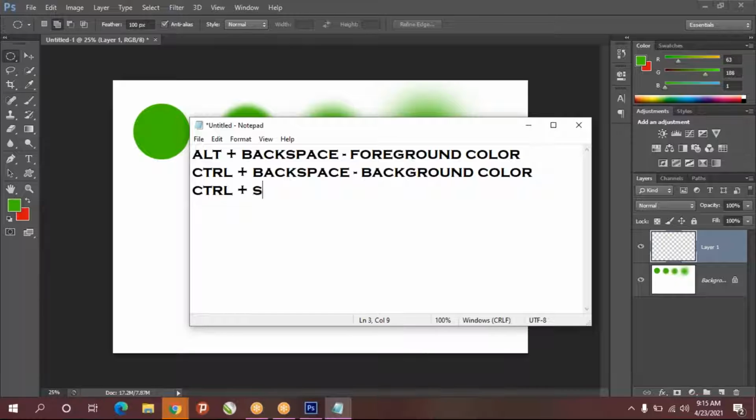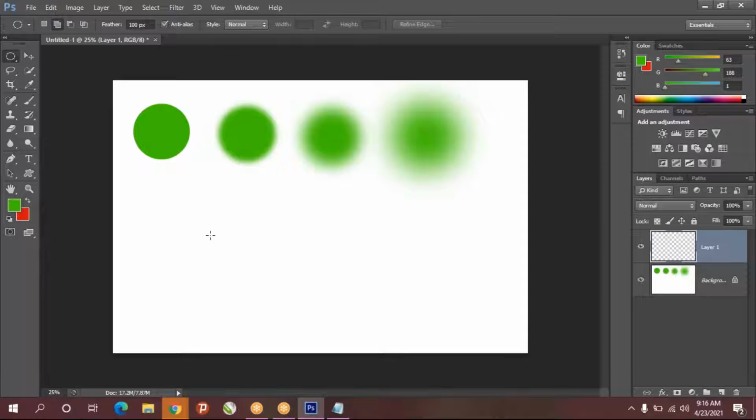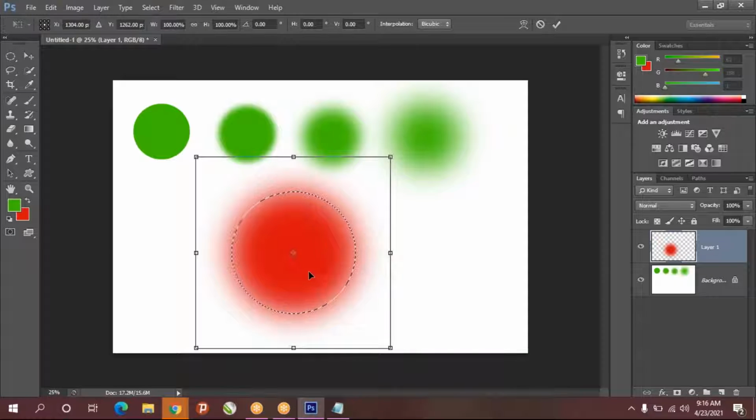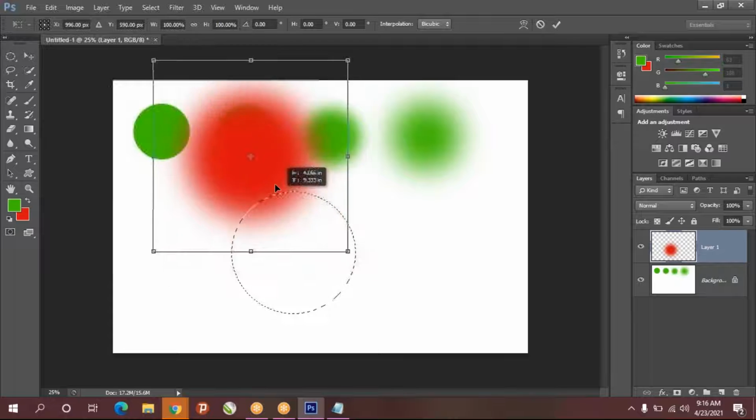Now I'll make a big circle and fill with red color, that means Control backspace, and Control T for transform, and you can move that.